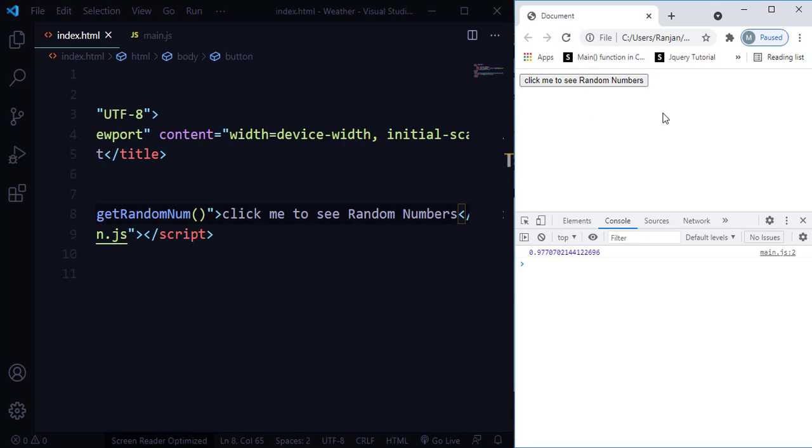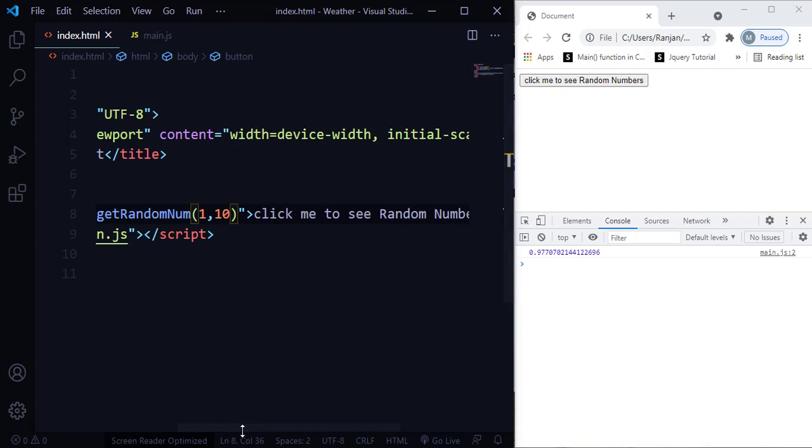Now what we can do, we are going to create a random number between two numbers. Let's say I'm going to create some random numbers between 1 and 10. So every time you click this button, it is going to display some random values. That random value is going to be between 1 and 10, because we are going to set the random number between 1 and 10. Every time you click the button, it is going to display some random number between 1 and 10.